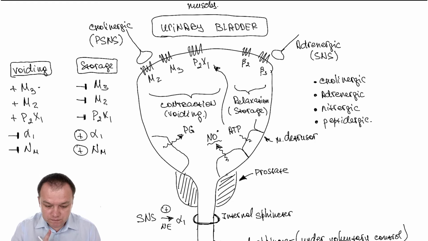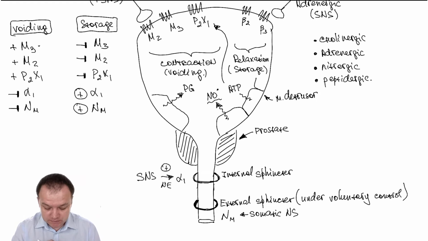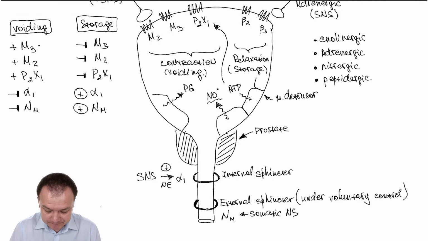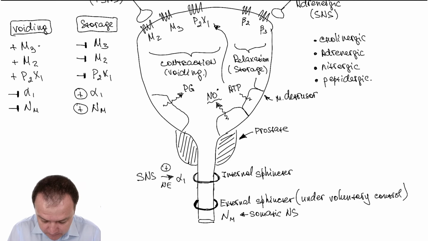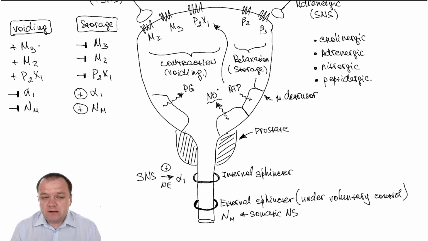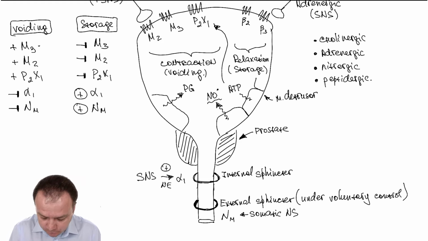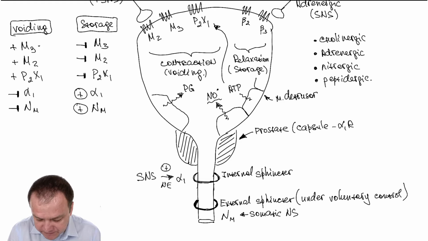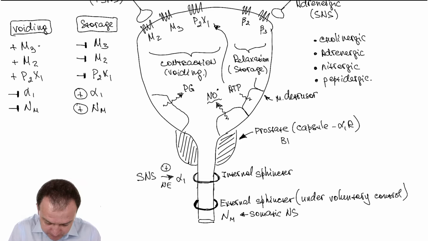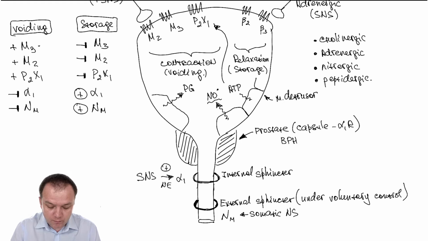Let me say a few words about the prostate gland. We know that the prostate gland has alpha-1 adrenergic receptors. Where are these receptors? Let's say they are in the capsule of the prostate gland, in the smooth muscle cells. These are alpha-1 receptors. So in case of BPH, benign prostatic hyperplasia, we have